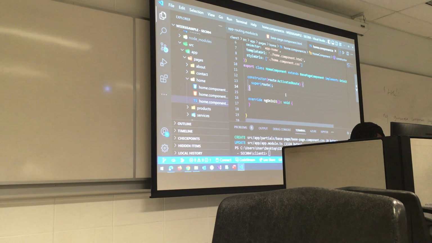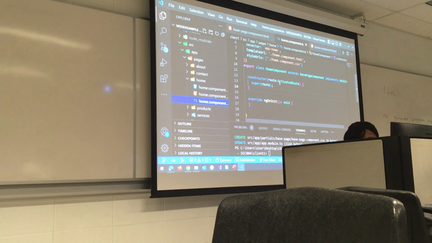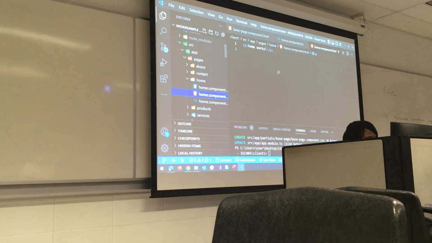So let's go back in the home folder. We'll open the home component.html. So see here, open the HTML. What we have there is home works, but we want it to use the base page. Remember we created the base page. We want to indent that base page. So if you go to the home.component.html, change this to, let it use the app.